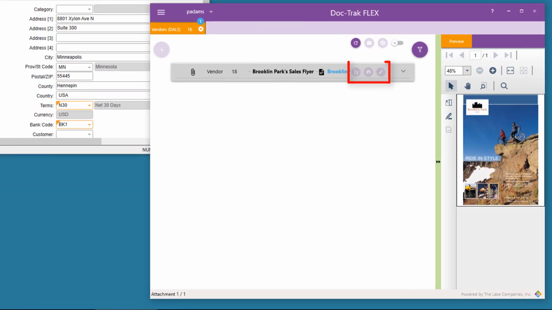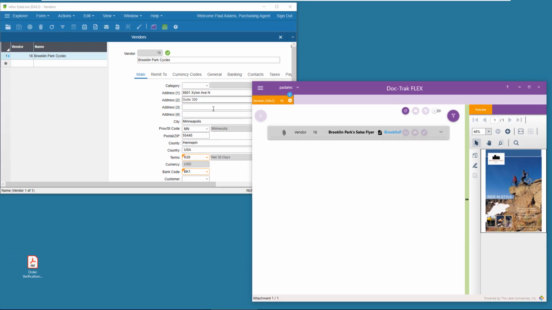But notice that my Explore, Print, and Edit icons for the attachment are disabled. So are my email and bundle icons up here. And the plus icon to add attachments is also disabled. Okay, that looks good.